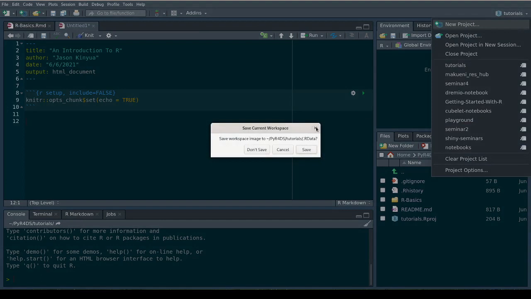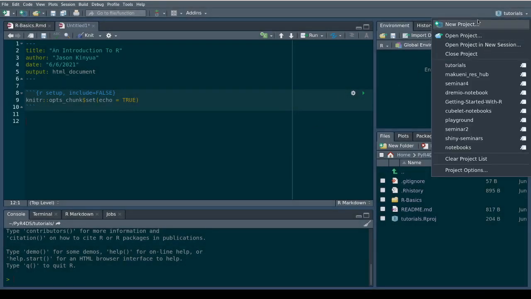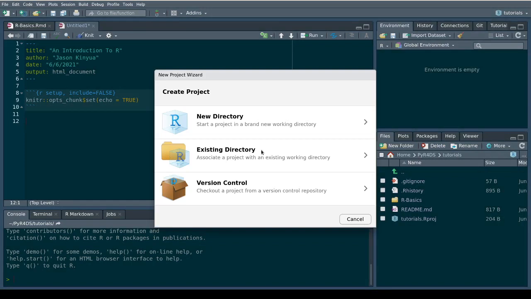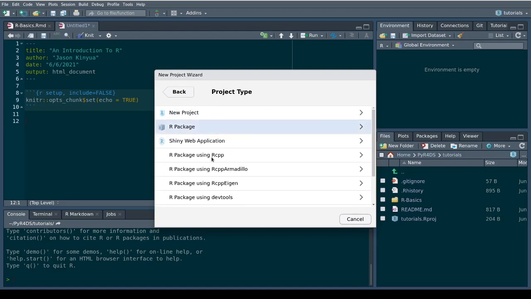Okay, this is a prompt because I have some data and it wants to create a project, so it will clean my stuff. I don't want to save. I think I can just illustrate. I will not actually create it, because creating a project will open it in another session. So go for new project, new directory, then you browse where it will be. This new project can be an R package, a Shiny application, and so on, but just go for new project, an empty project.